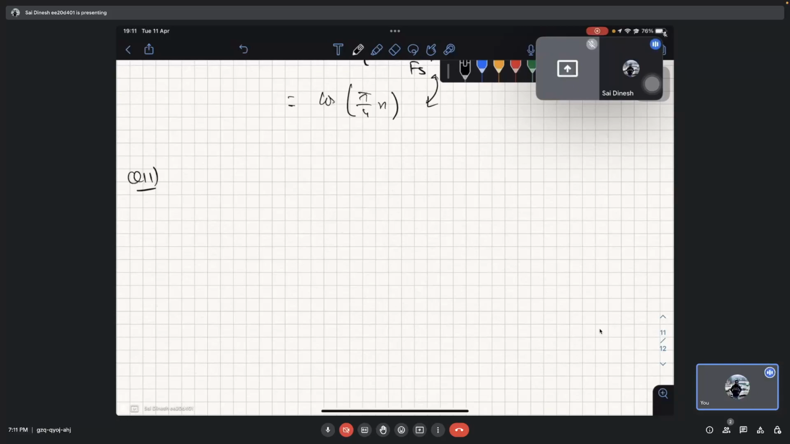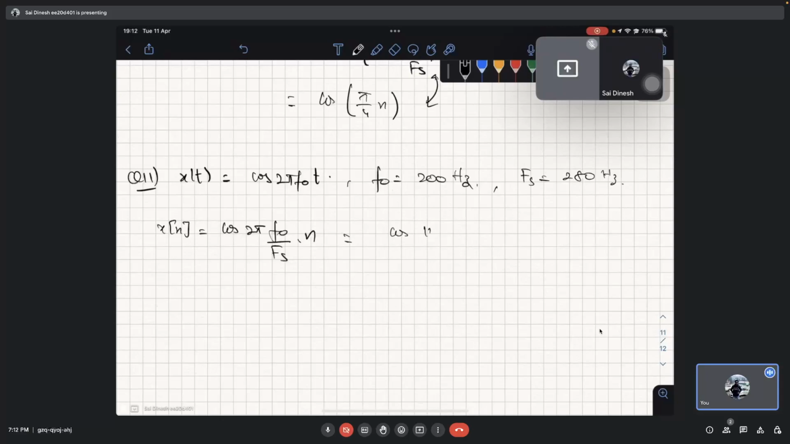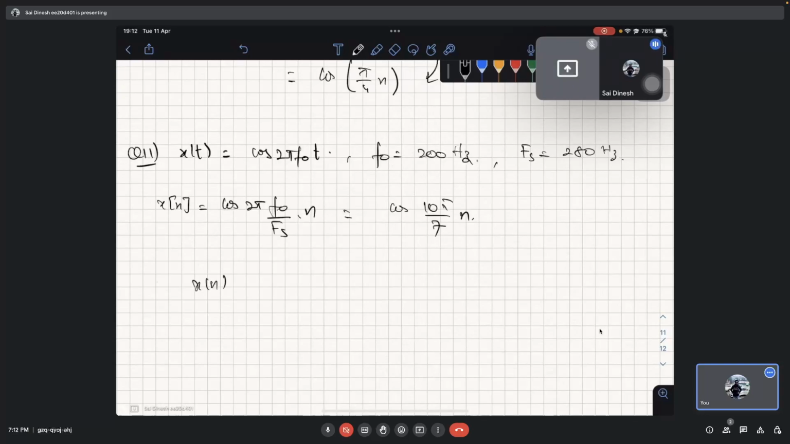So the 11th question is, x of t is equal to cos 2 pi f naught t, where f naught is 200 hertz and fs, the sampling frequency, is 280 hertz, right? So x of n is cos 2 pi f naught by fs times n, which is cos 10 pi by 7 n, and 200 and 280 gives you 10 pi by 7. Now we know